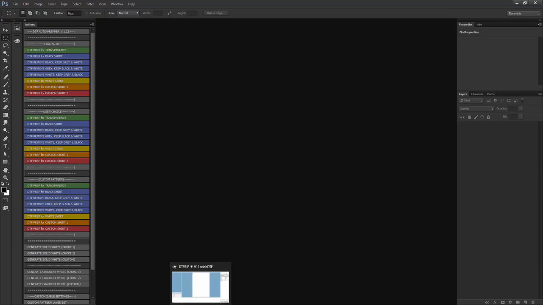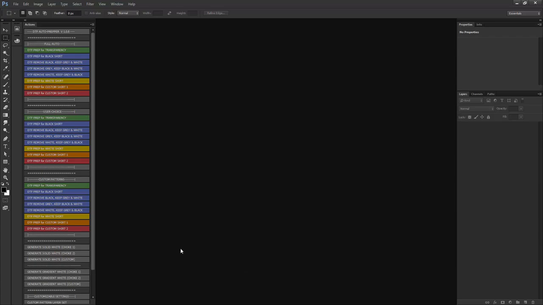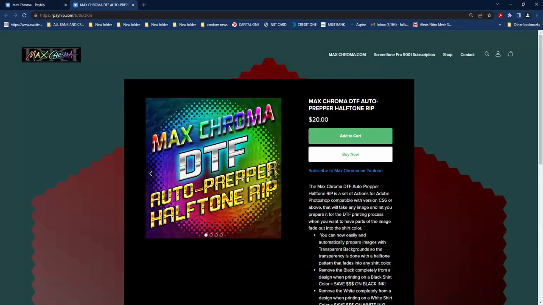But I'm then going to also print it using my direct-to-film rip, the Acro Rip software, but I'm going to prepare that file first so that it works on a dark shirt color, or printing it on a black shirt color, using the Max Chroma DTF Auto Prepper Halftone Rip,